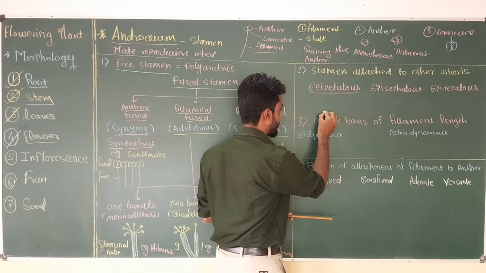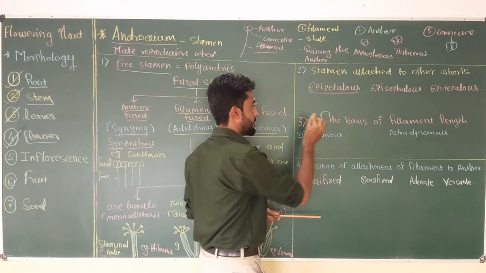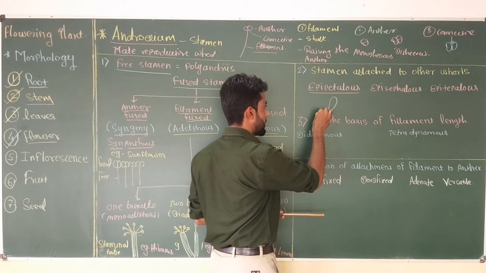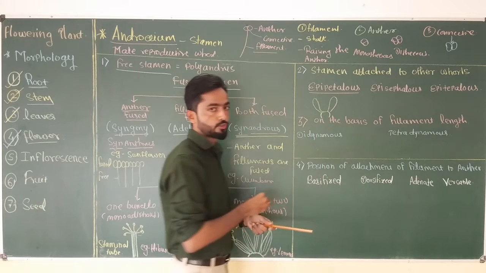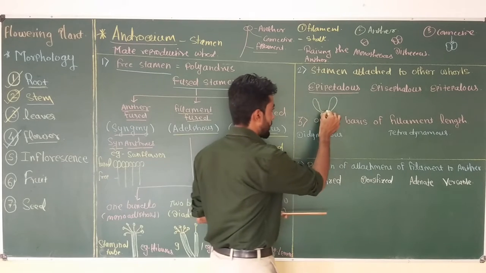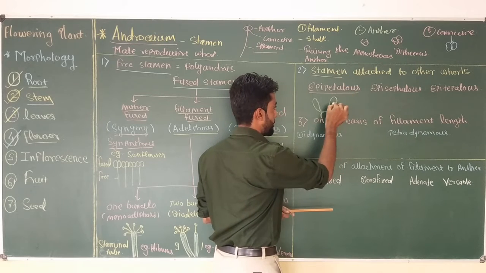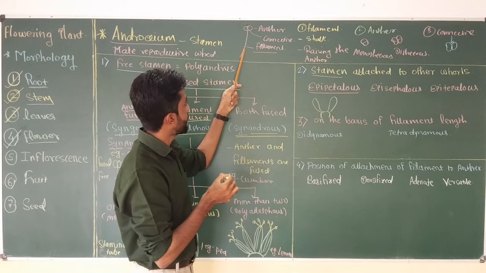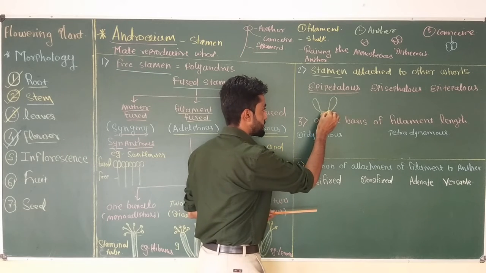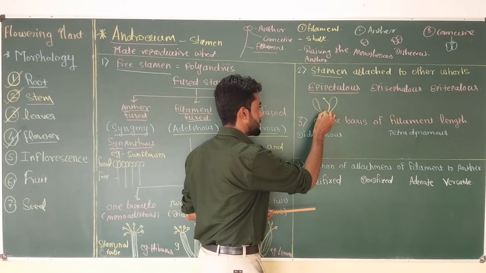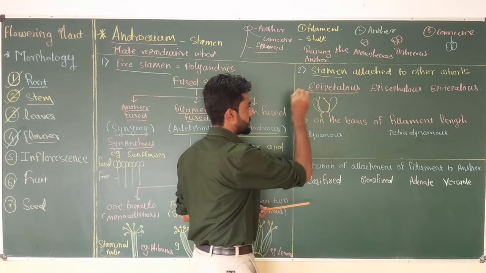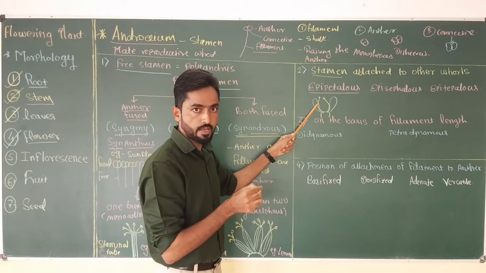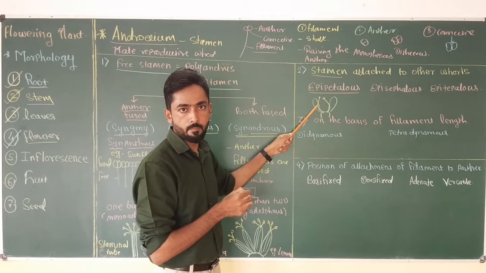If this is the thalamus of the flower and the flower has large bright colored petals, which are the individual members of the corolla, and now stamens are attached with the petals, not the entire stamen but only part of the filament of the stamen is attached with the petal, and then you can see anthers are free. But some part of the filament is attached with the petal of the flower, it is called epipetalous condition.